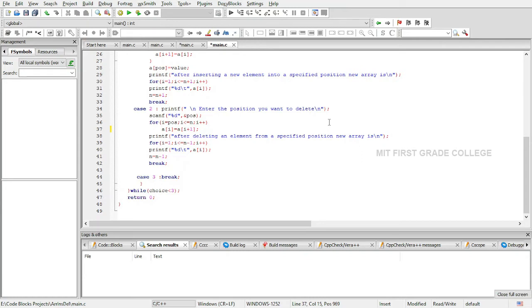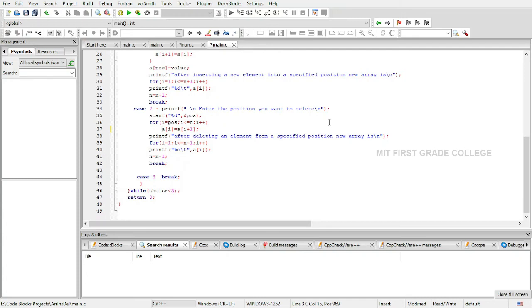What I do, I move the third position element to the second position, the fourth position element to the third position, the fifth position element to the fourth position, and so on. So once I do that, I have to decrement the size of my array. So I decrement the size of the array with the help of n is equal to n minus 1 statement.